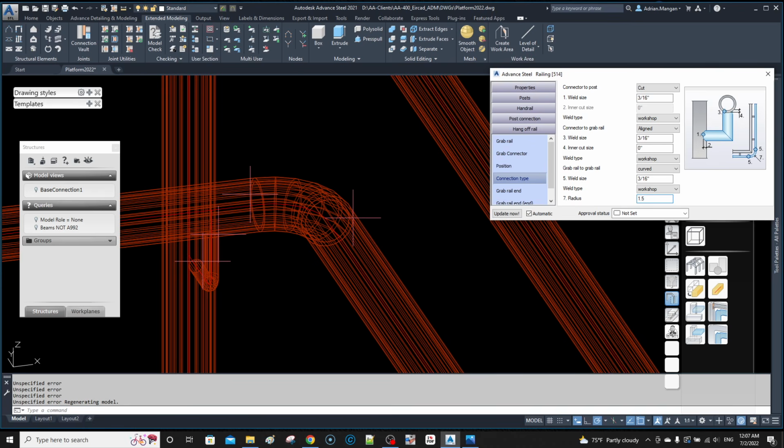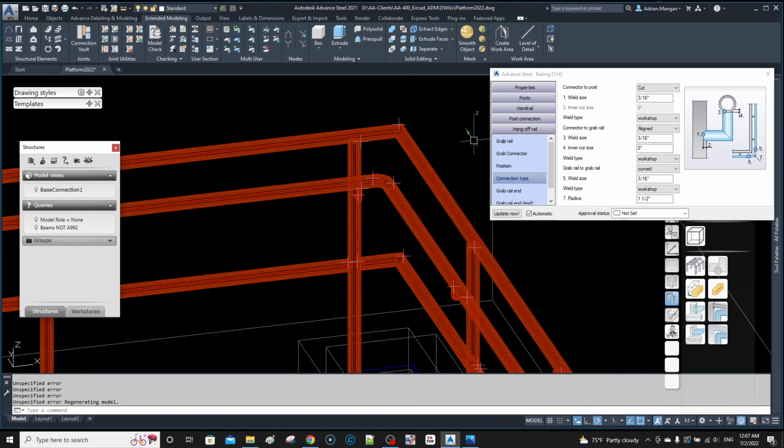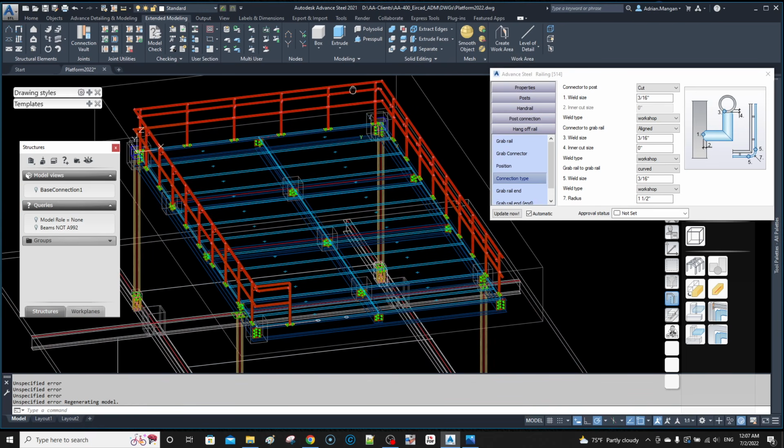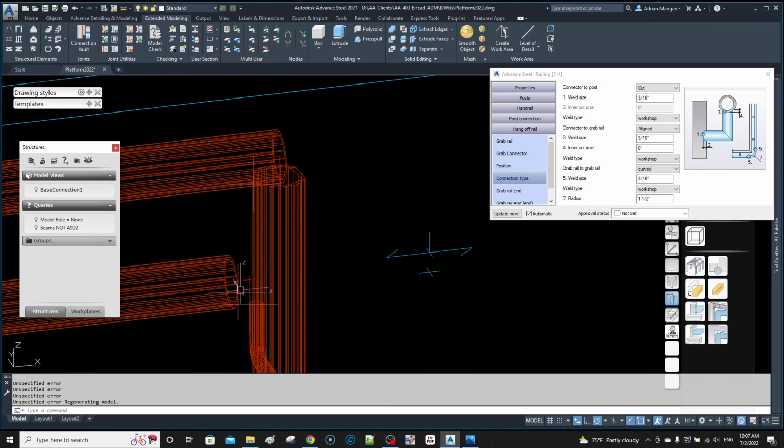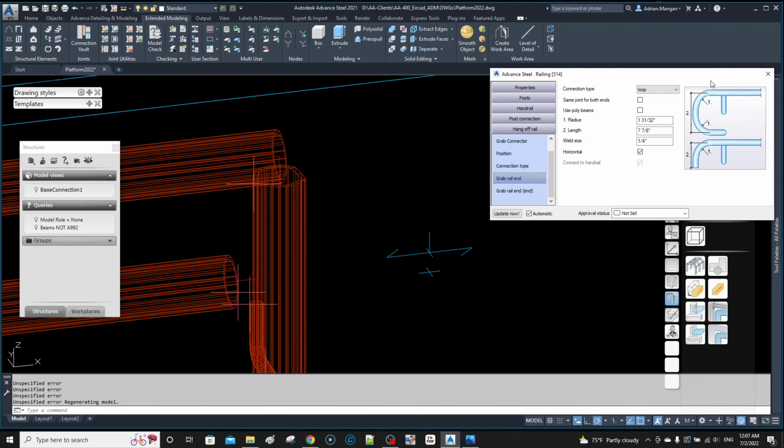Alright. So what we're going to do is then we're going to save this one. Alright, so let's save this, and let's not worry about these corners for now, or at all, I guess. And here we need to rejoin this one. So grab rail end. So the grab rail end here, we want to do